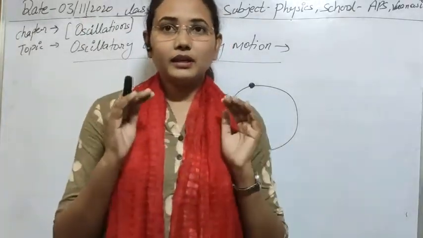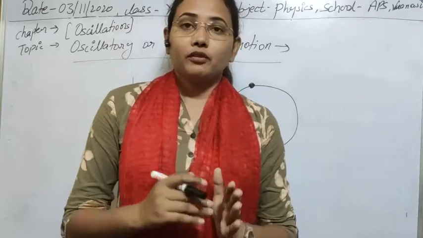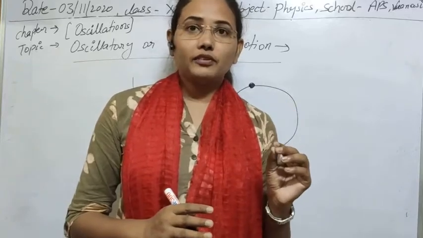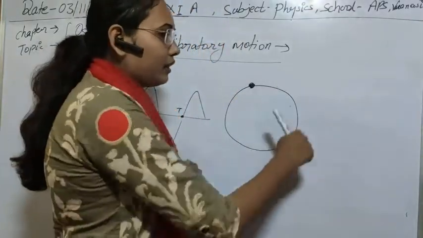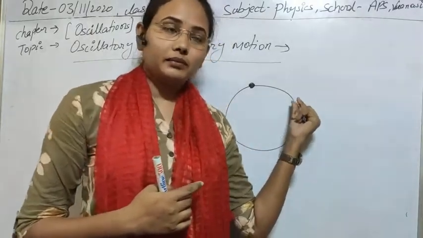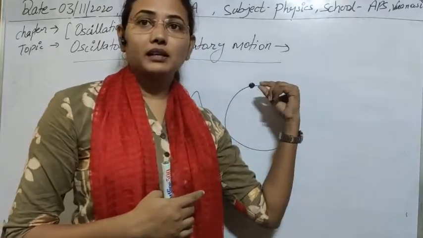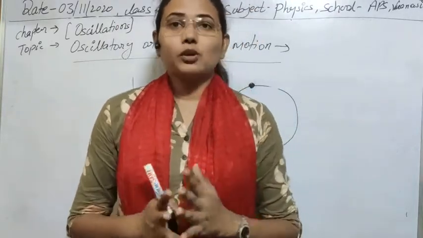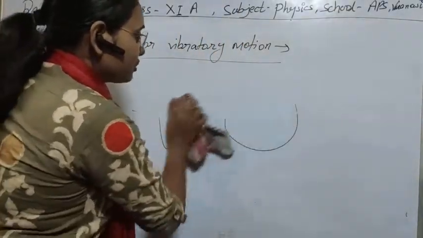So such types of motions are known as periodic. In nature, in general, we can say that all motions which repeat themselves after a fixed interval of time, regularly or repeatedly, are known as periodic. Like the motion of the earth around the sun, or the motion of the moon around the earth. That time is fixed, meaning the earth will complete one revolution in a fixed interval of time, and again it will complete a second revolution in that same fixed interval. That interval is not changing, it is constant. So such types of motion are known as periodic motion. I think the concept of periodic motion is clear to you.